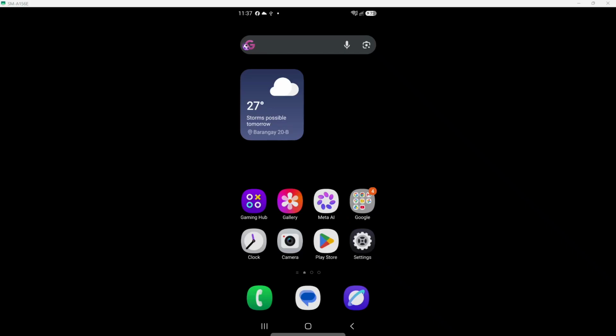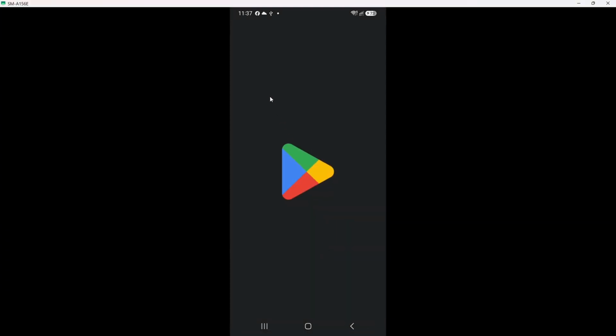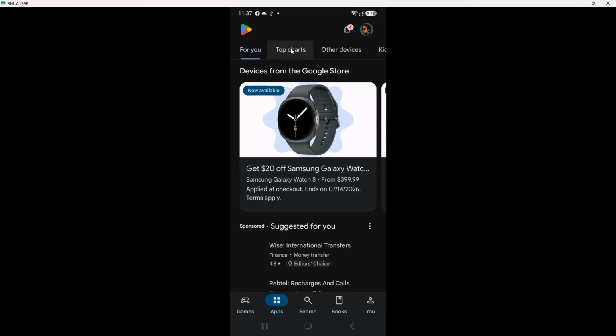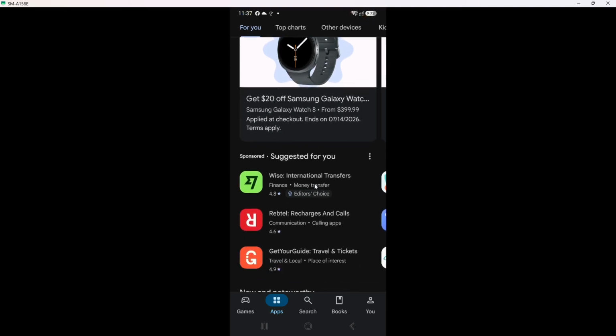In today's video, I'm going to teach you how to download Termius app on Android. First, let's begin by opening the Google Play Store on your Android device. You can find the Google Play Store icon on your home screen or in your app drawer. It looks like a colorful triangle. Tapping on it will take you to a world of applications.